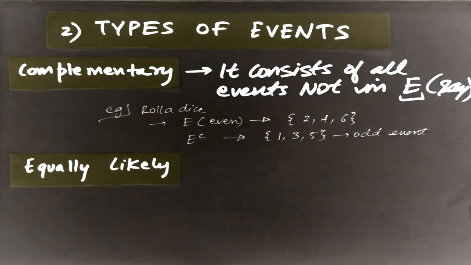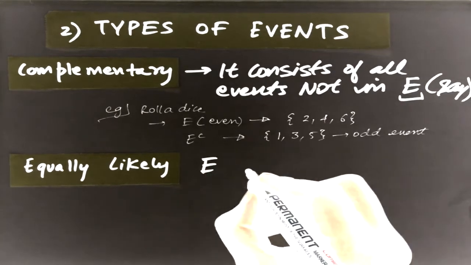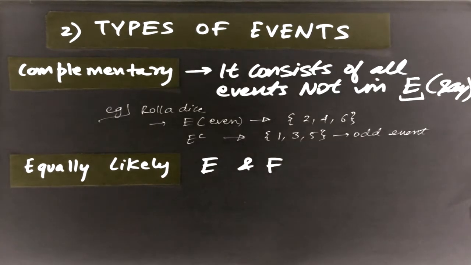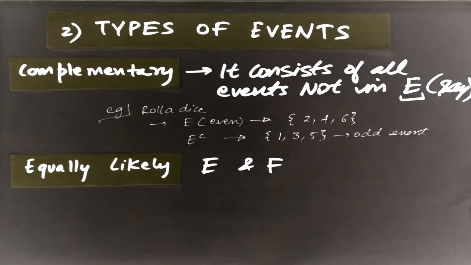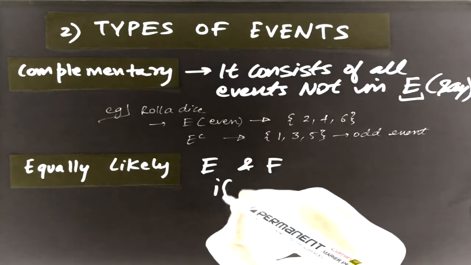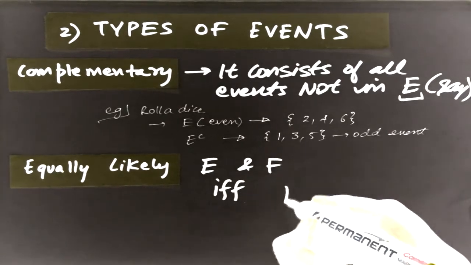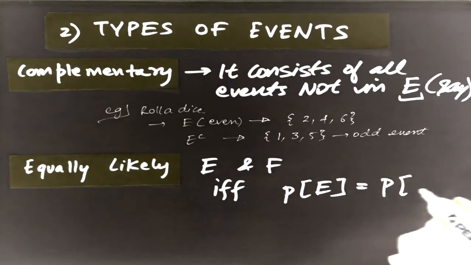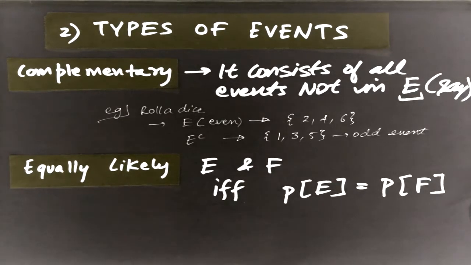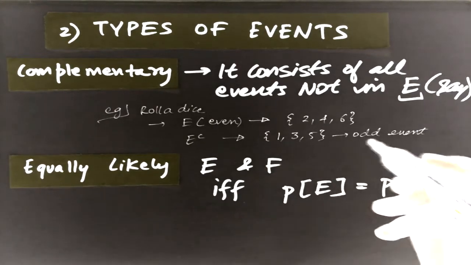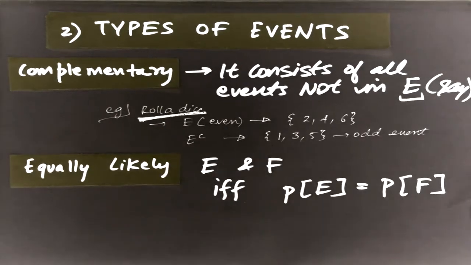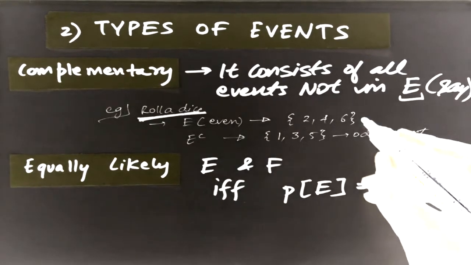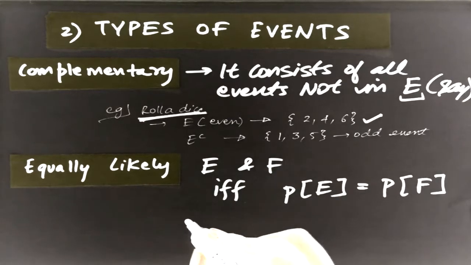In this we are comparing two events, so let's say E and F. Now E and F will be said to be equally likely events if and only if the probability of happening of E is exactly equal to the probability of happening of event F. For example, over here the same thing. If we are rolling a dice, then the probability of getting an even event is